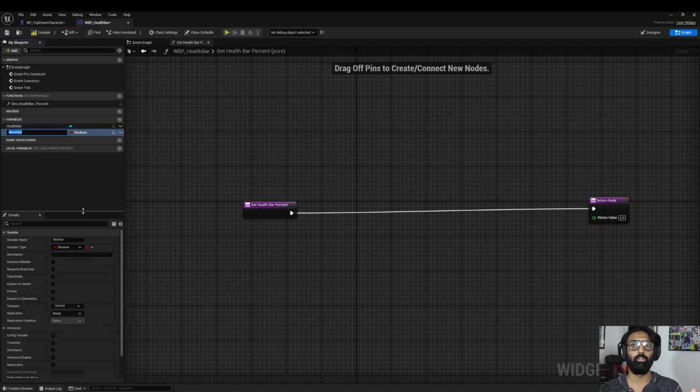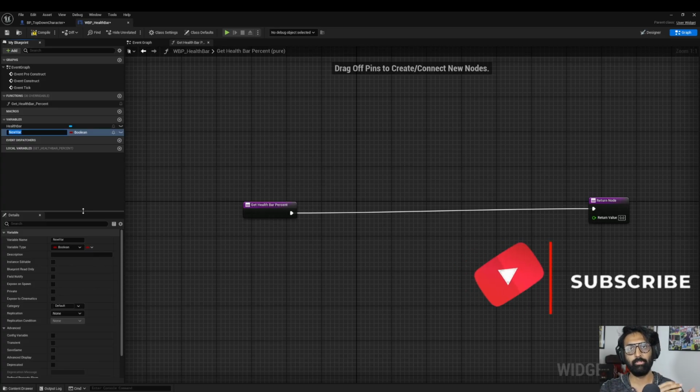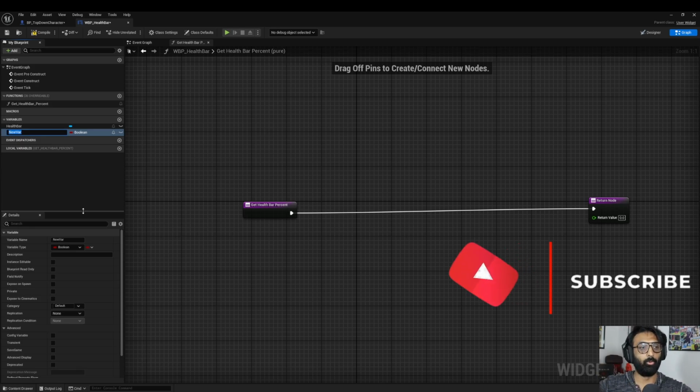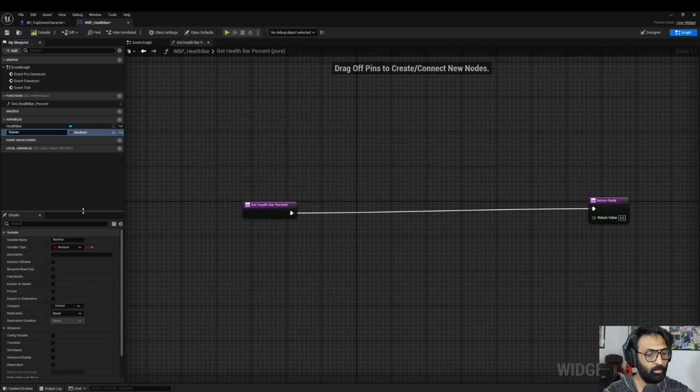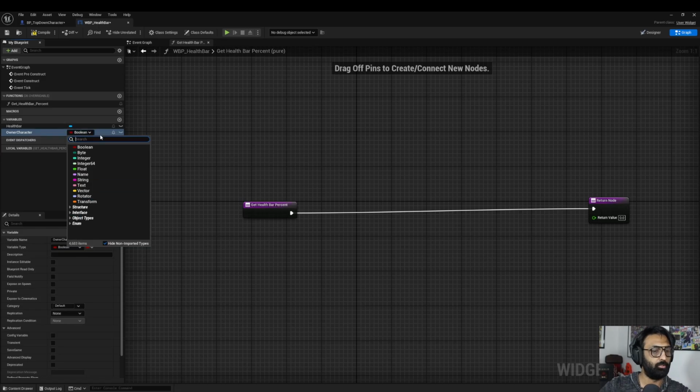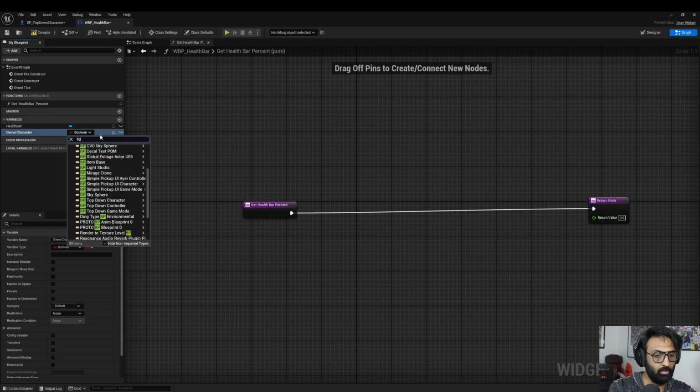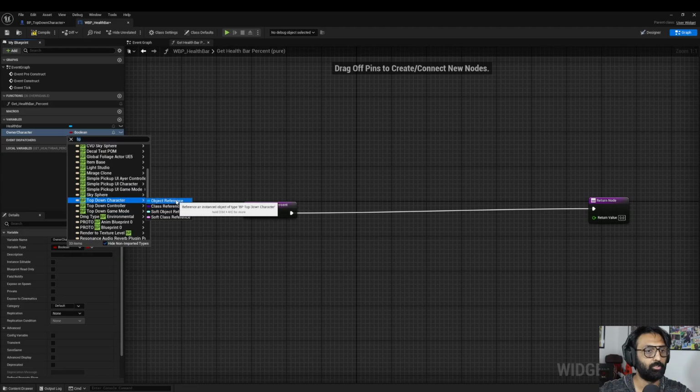this is a different blueprint, not our character blueprint. We are going to bring a reference of our character inside of the widget blueprint. So let's say owner character, and for the type, we are going to type in BP top down character, and you're going to select object